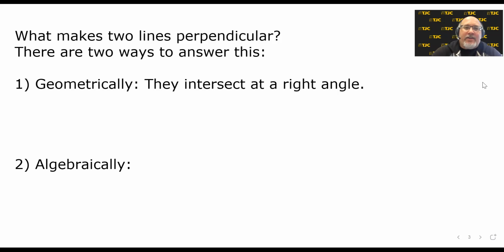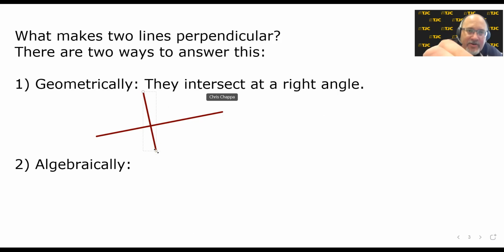They intersect at a right angle. In other words, they look a little something like this. Well, we'll just draw it here. We would have one line that looks like this. And we'll have another line that looks something like that. And they intersect right here at a right angle, which means it makes a 90-degree angle, a perfect square corner,